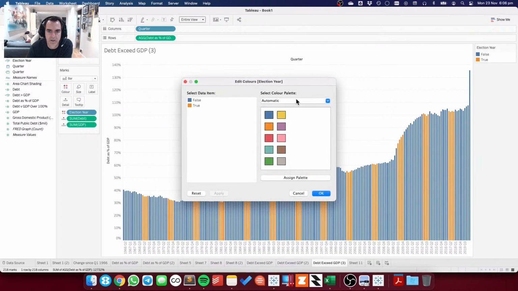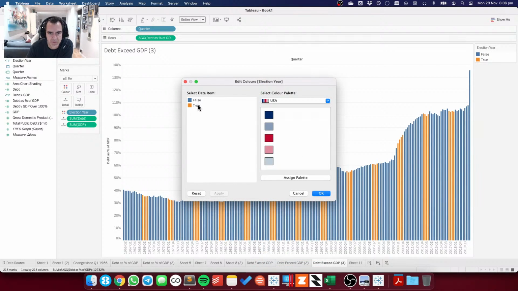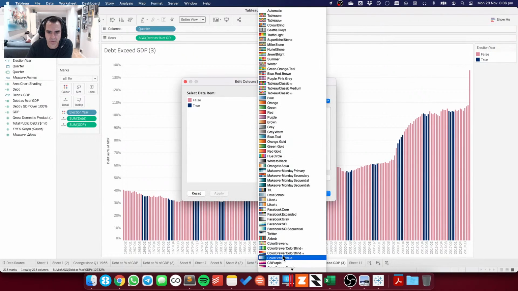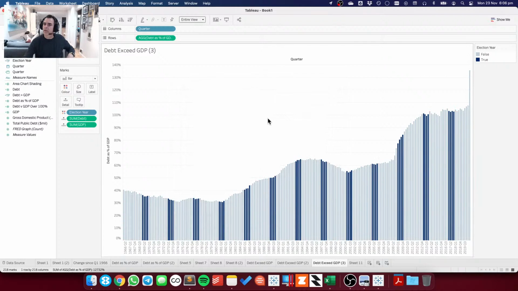Let's go back to our American flag colors. Let's make the true blue, and the falses maybe light red. That's terrible color choices. Make the falses like the light gray. Okay, so these would be our election years.